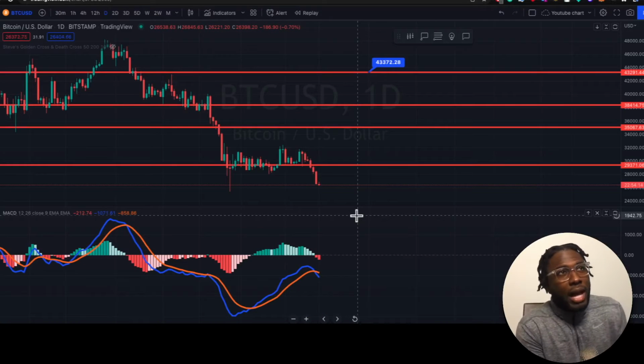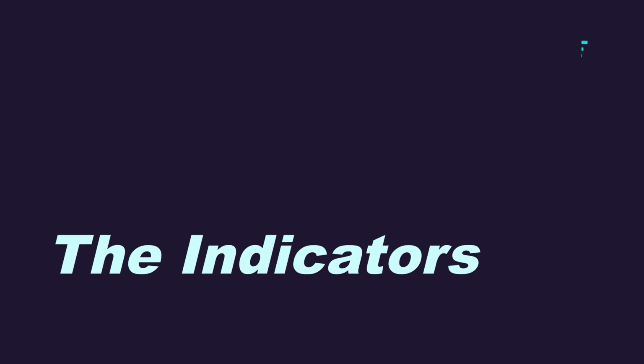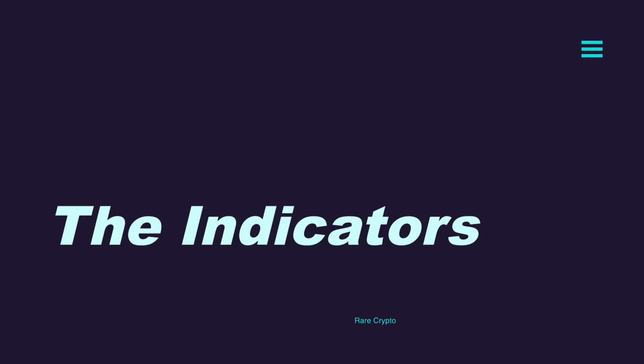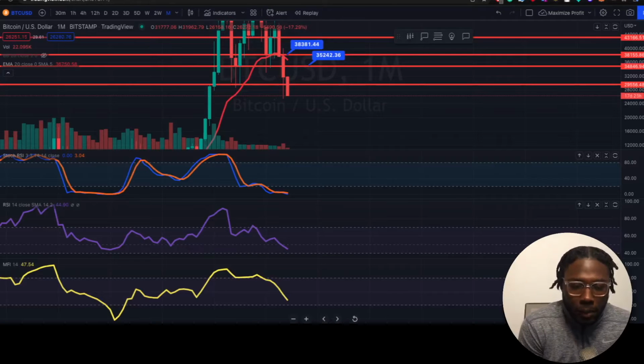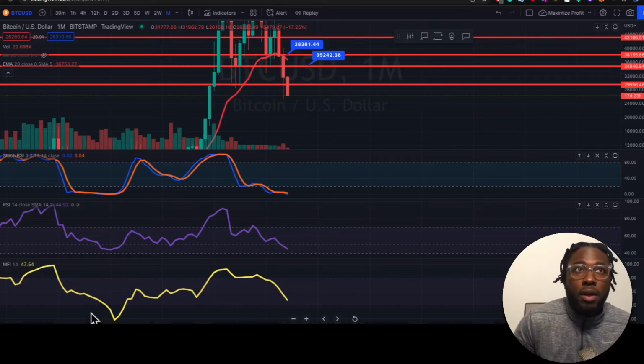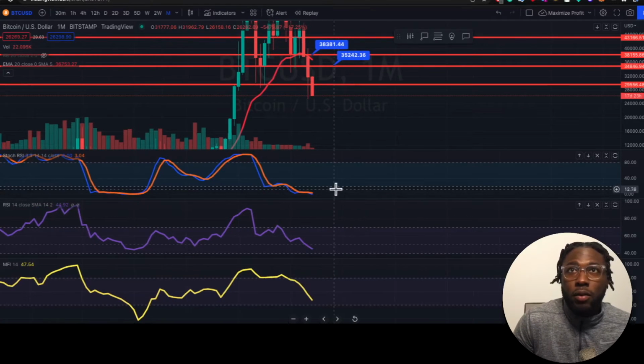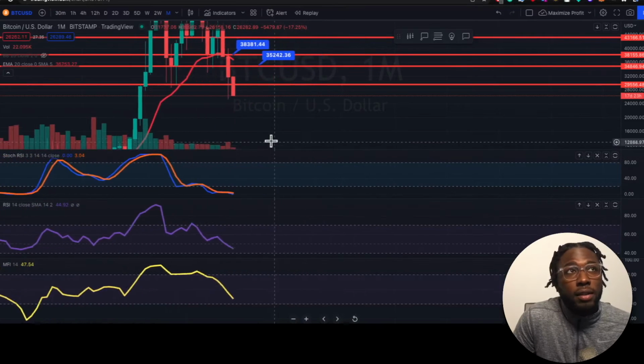Now it's time for the indicators. So we're looking at the monthly chart, right? And from the monthly chart we can tell from the indicators that we are in oversold territory. Oversold could be anything below this 20 or 30 region. And looking at my strategy,